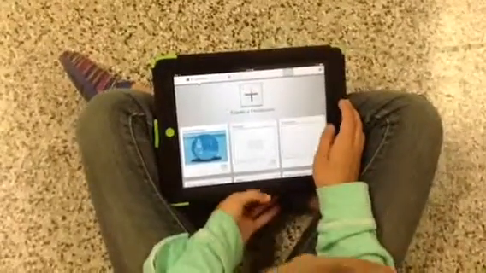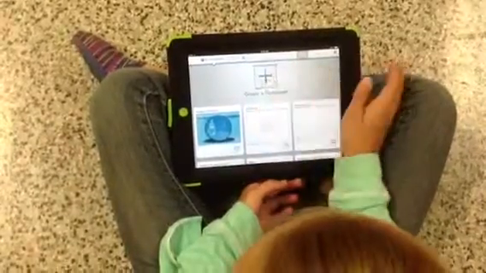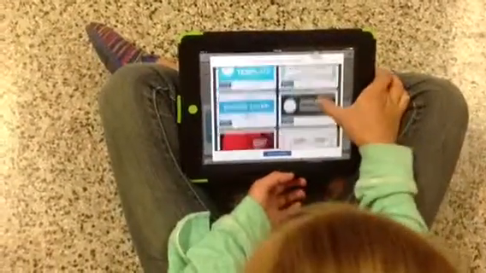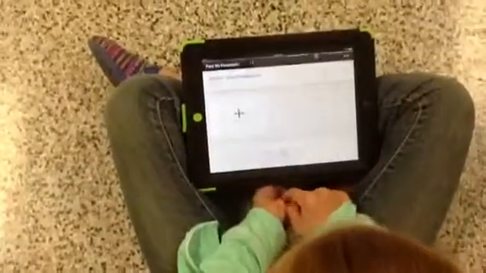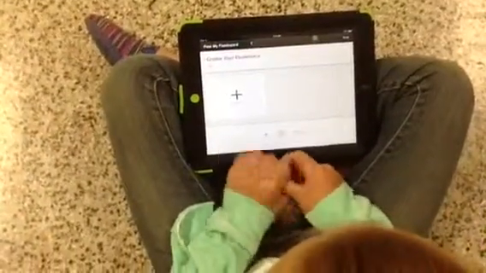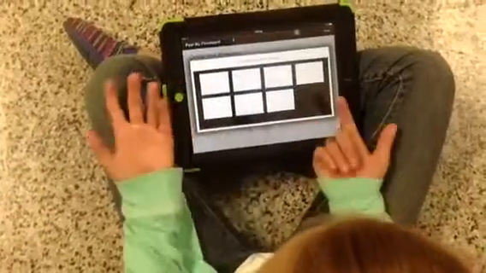Okay, so today we're going to create a flowboard. First we're going to create a flowboard. And then you have a bunch of different flowboards, but first we're going to start from scratch. You're going to hit the start from scratch button and it'll give you a template that doesn't really have anything